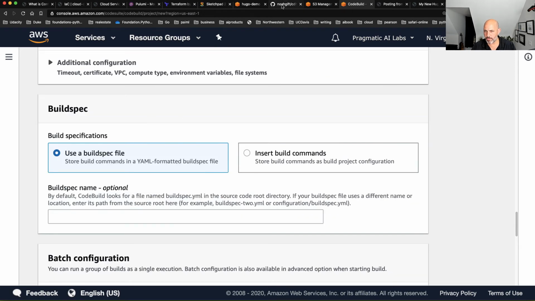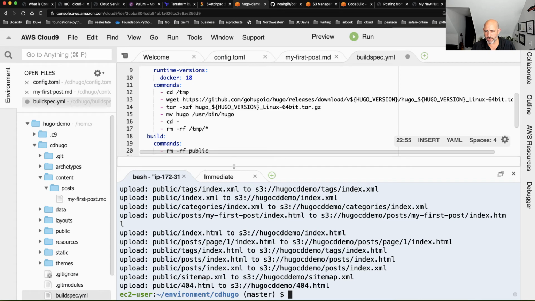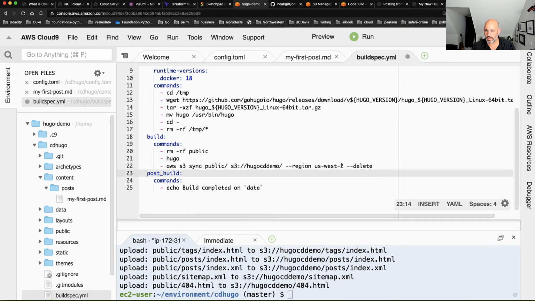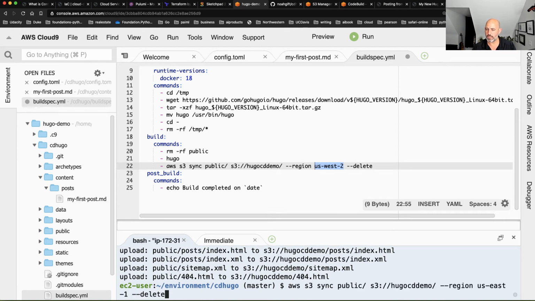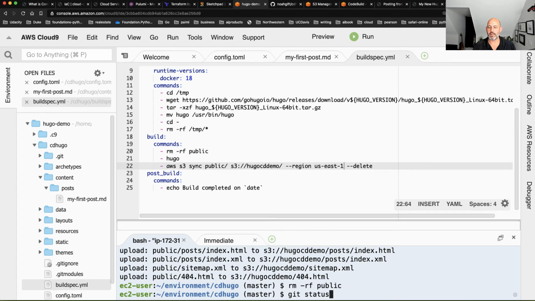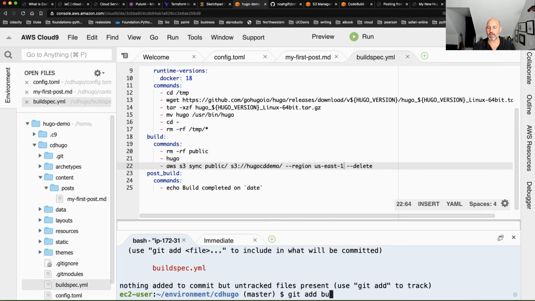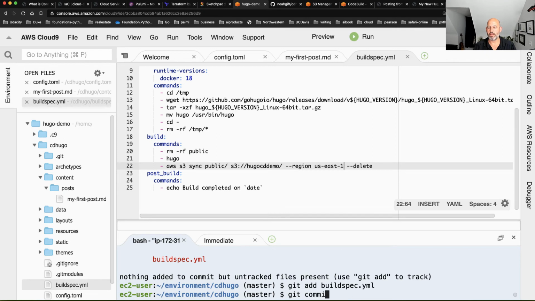So yeah, the place that I was stopping before was I just want to make sure that this file looks good. So we got this. We're gonna keep it at US East here. This looks good, so I'll just swap this out. And then I think we're good to go. I think that this should be good. So I can remove the public file, although it won't be checked in. And I'll say git status. This looks good. I'll add this buildspec file, commit this, and then it should be ready to deploy, adding a buildspec.